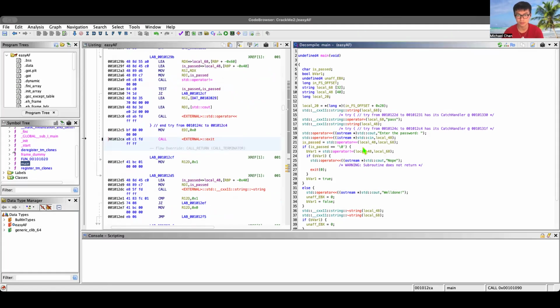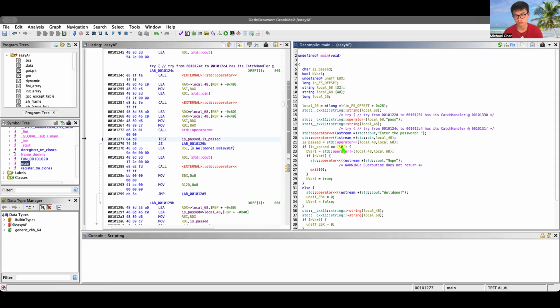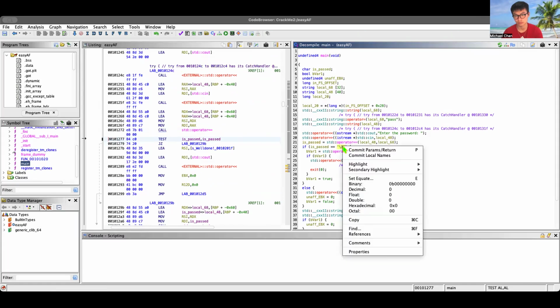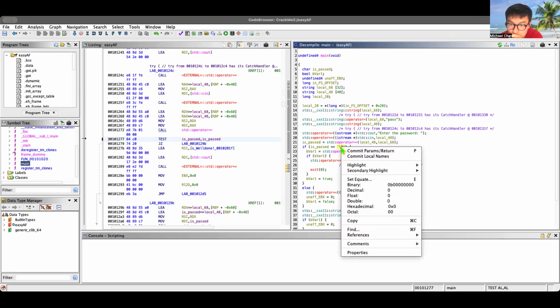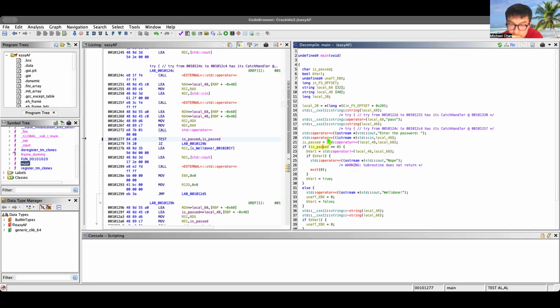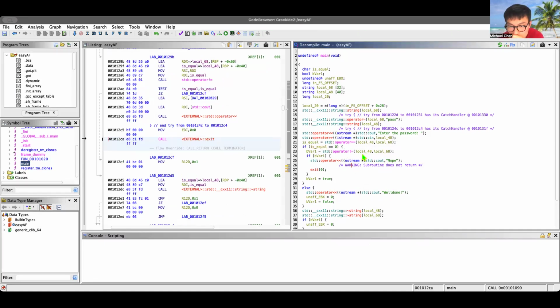Is passed. What is this supposed to be? Yeah, show me the decimal. No, it is equal, right? If it's equal,